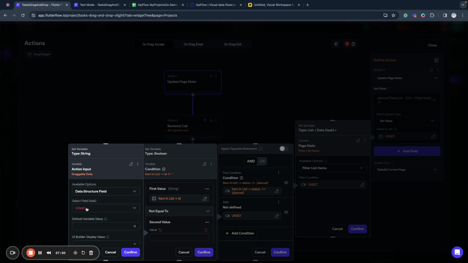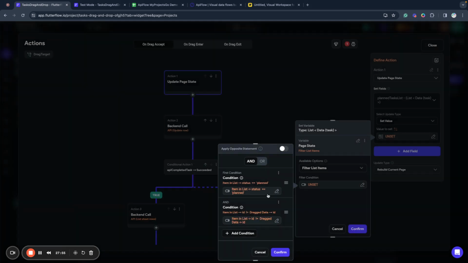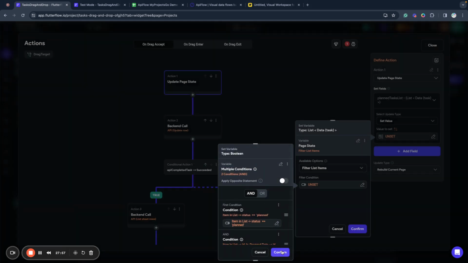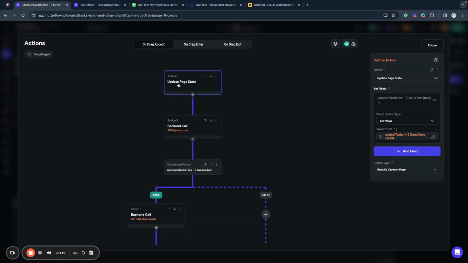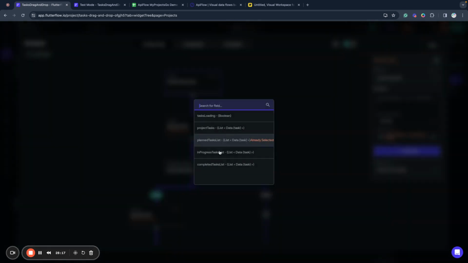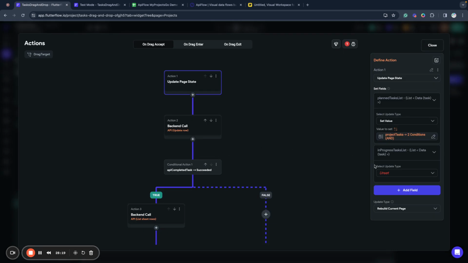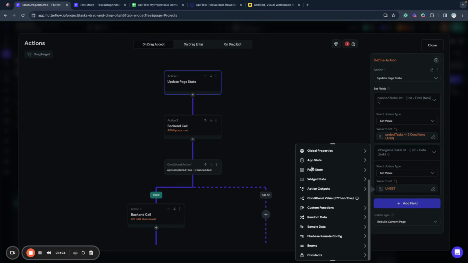So we say that we want to update our planned tasks with data that has all tasks that are planned and also are not the current task that we dragged, because we dragged it to the completed column. And also we will update the in progress tasks list. By the same logic, we will use